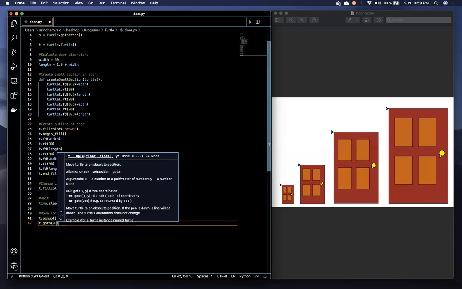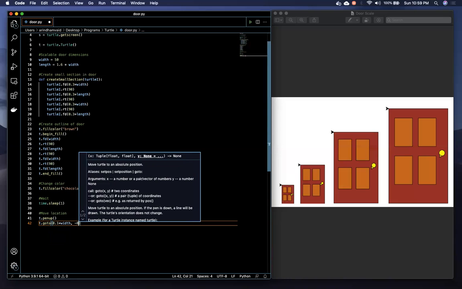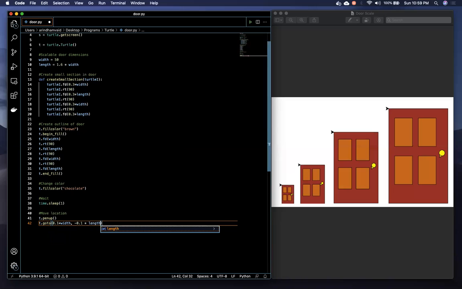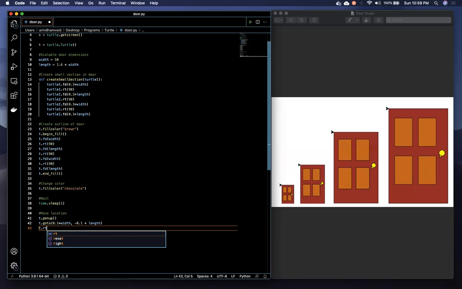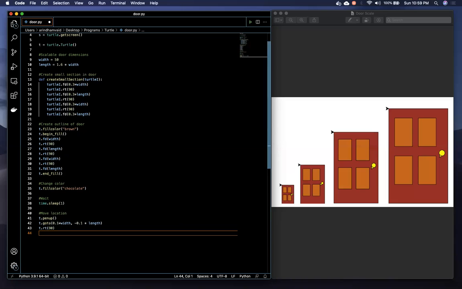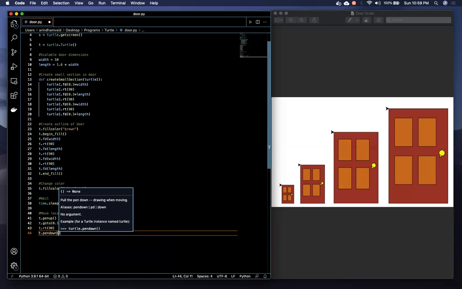So we can go to, everything needs to be based off of width and length. So no hard-coded values. This will make it more dynamic, right? So, yep. And then rotate 90, and then bend down,